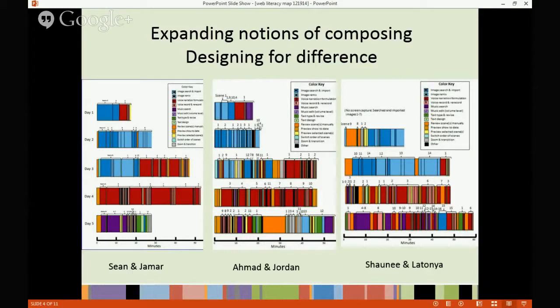So if you look at the 3 graphs, what immediately jumps out at you is the entering in through the blue, the dark blue and the light blue. And those represent students' work with image, either searching for images or remixing images. And you see that that's an entry point, and that's a function of the tool. Photo Story 3 requires you to put in at least 1 image before you can add sound or music or text. But then you can see that after image, there's a fair amount of red and pink bars,